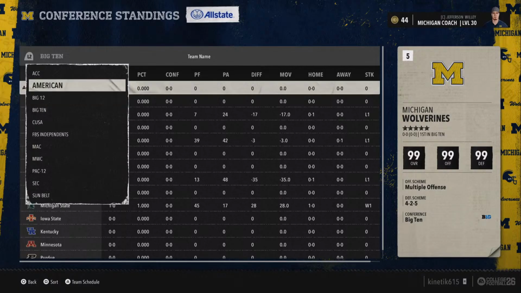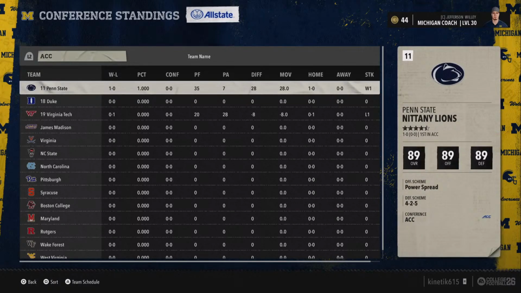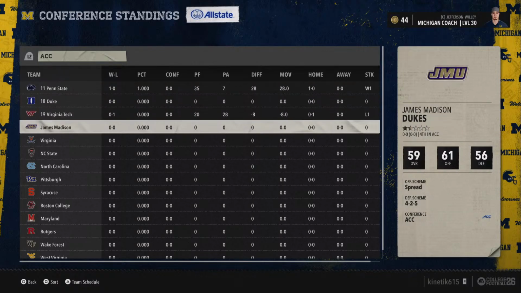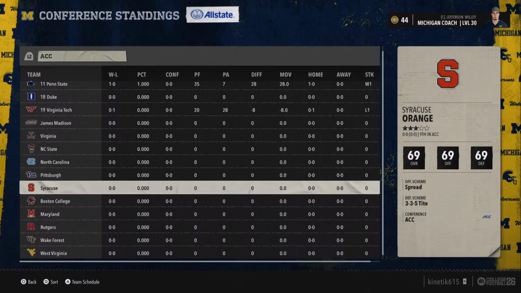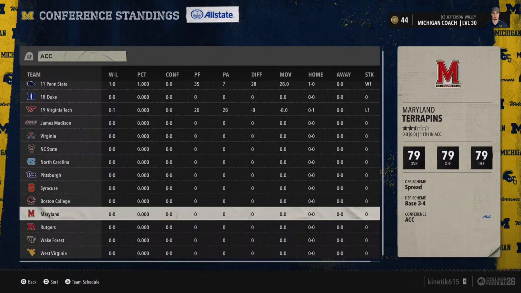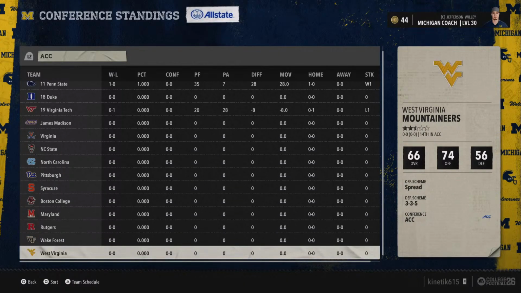So we've got the ACC tied to the American. This is going to be the East Coast from Pennsylvania, so from the eastern border of Ohio over to the East Coast down to Georgia. The larger conference, the big time conference here is Penn State, Duke, Virginia Tech, James Madison, Virginia, North Carolina State, North Carolina, Pittsburgh, Syracuse, Boston College, Maryland, Rutgers, Wake Forest, and West Virginia.